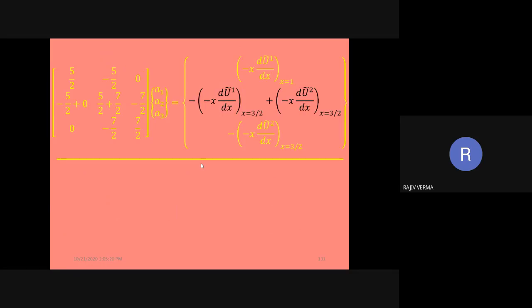So we have two values of fluxes given in black. Both these terms are supposed to be evaluated at the same point given by x is equal to 3 by 2. One of the fluxes is with a positive sign, another flux is with a negative sign. And since both of them are going to be the same, they are either going to be 0 in case there is no heat source or heat sink, but if there is a heat source or a heat sink, the corresponding value of this source or the sink is going to be substituted in the right hand side of equation number 2.